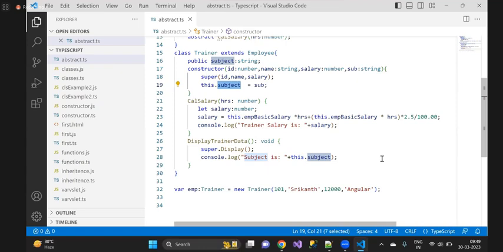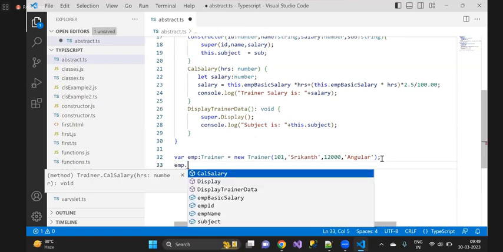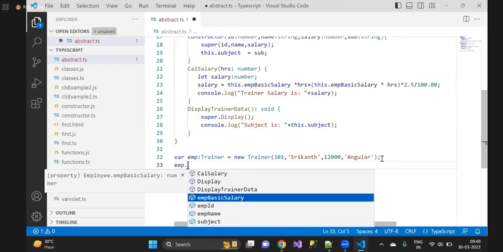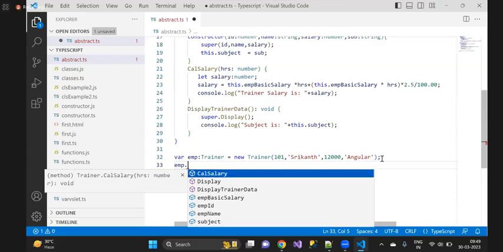And after that, what I can do, I'm going to call emp dot. Now you see all the members I'm able to access with the help of an employee object. How am I able to access? Because everywhere I have given it as public. Even if I'm not giving anything, by default, it becomes public. So that is the reason I'm able to access everything. Now what I want